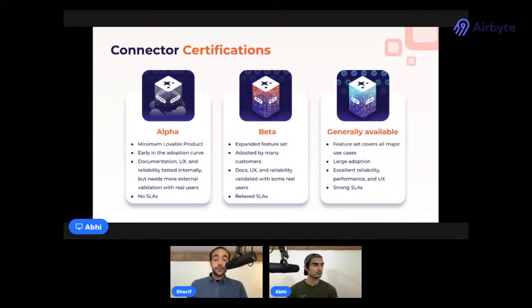At each stage, each connector will be treated like an individual product, and it will be evaluated on the following criteria, among others: adoption, reliability, user experience, documentation, and feature set. So let's start talking about adoption. We look at this number because usage of connectors not only helps us determine if it makes sense to invest more in that connector, but it also helps us stress test its robustness under load and start getting feedback from users to understand the features and functionalities that are most important to them.